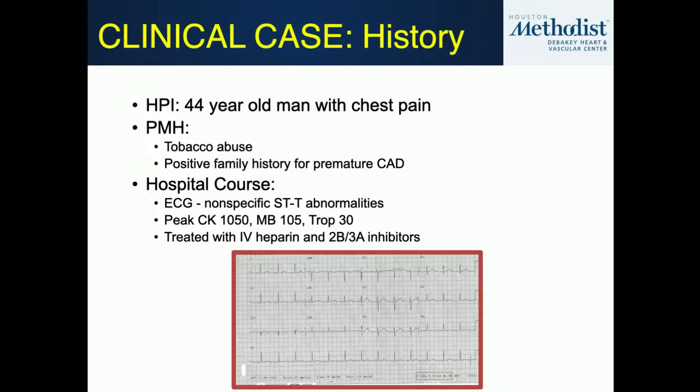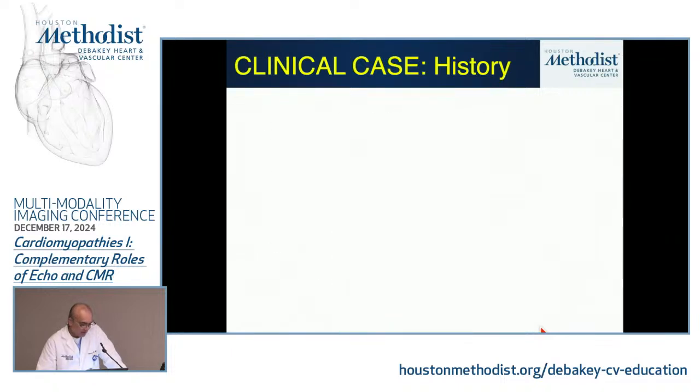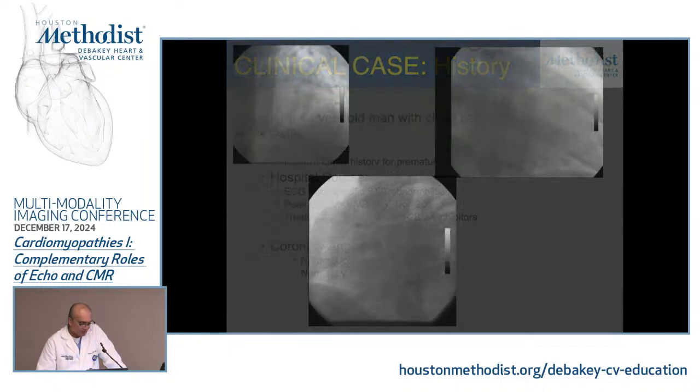This is a 44-year-old gentleman who comes to the hospital on a Friday evening with chest pain. He has tobacco abuse history, has a history of premature coronary disease in his family. His initial EKG shows just some nonspecific ST segment changes, but he has a significant elevation in his troponin and his CK-MB. He's treated over the weekend with IV heparin and antiplatelet therapy, goes for a cath on Monday,